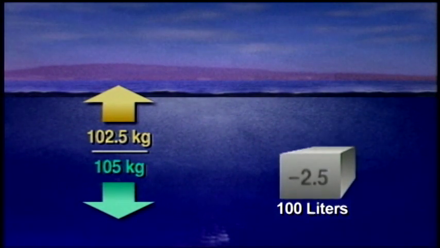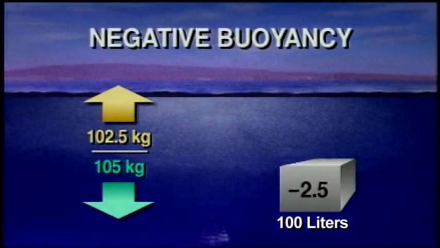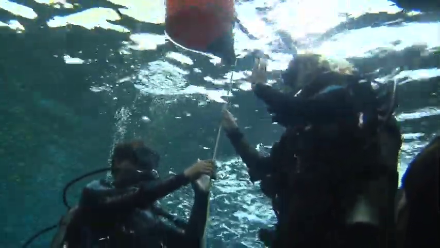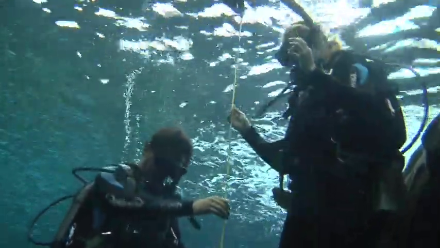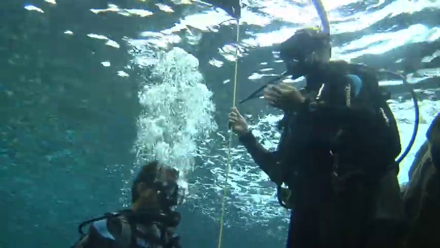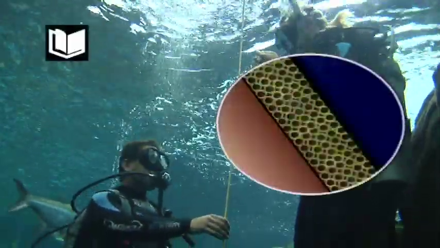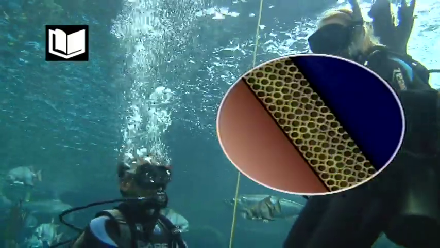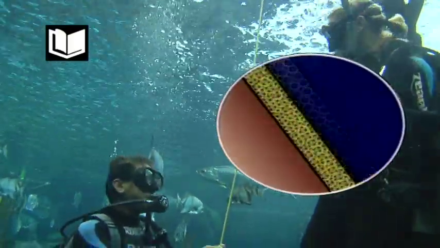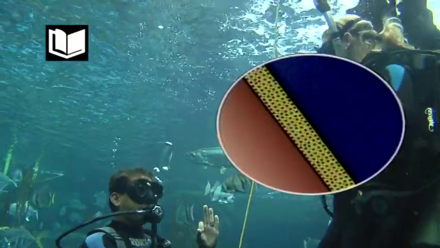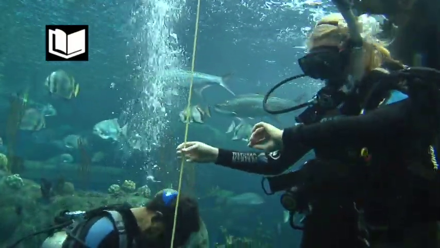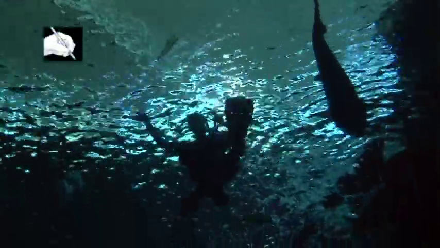If an object displaces an amount of water that weighs less than the object does, it sinks, or it's negative. Your weight and your volume affects your buoyancy. Making a dive in a wetsuit, your buoyancy changes over the course of the dive. As you descend, the pressure of the water increases and compresses the gas bubbles in your wetsuit. As the bubbles compress, the wetsuit displaces less water and therefore loses some of its buoyancy. You will notice that you are sinking faster and faster the deeper you go.